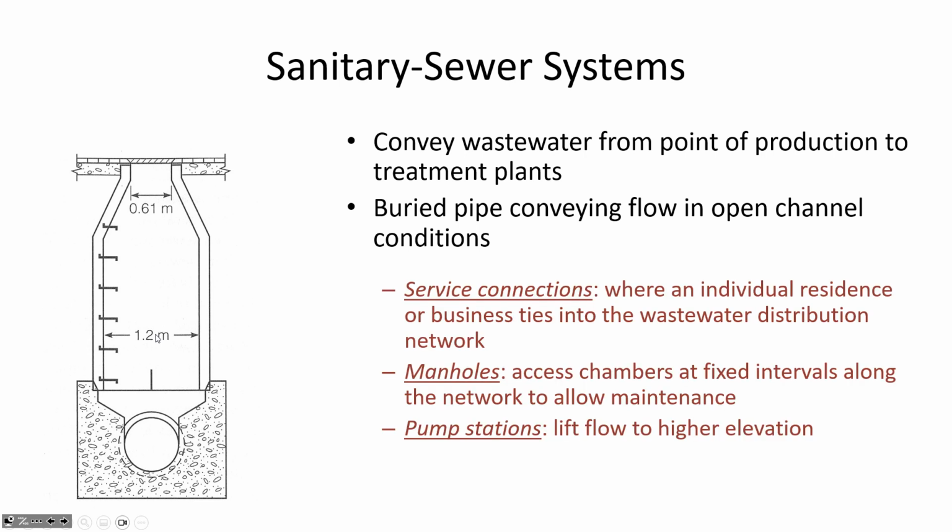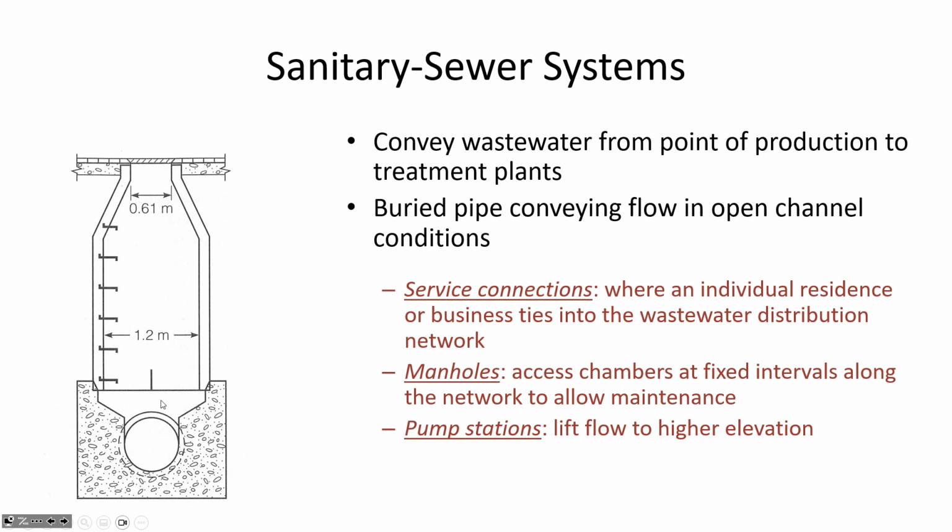But what we're looking at is a cross-sectional view of a sewer pipe at a manhole location. And manholes are just locations that are provided for you to get access to the pipe so that you can do inspection, cleaning, and repair if needed. And service connections are the lateral pipes that are bringing flow from a commercial location or somebody's home into the pipe. And occasionally, depending on the topography of a town, it may be necessary to have lift stations where water is pumped by pressure from a lower elevation to a higher elevation